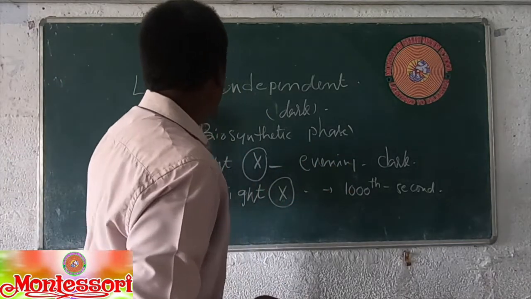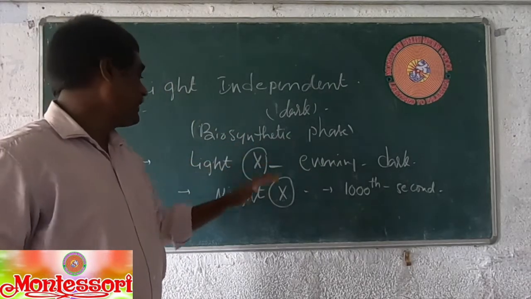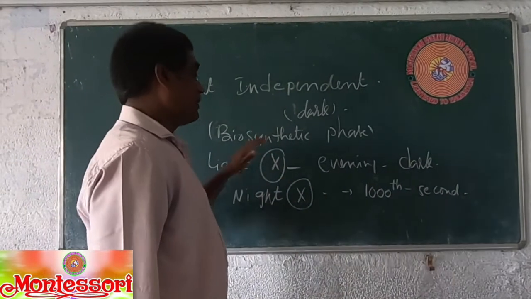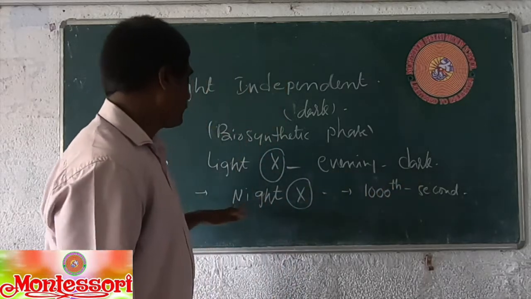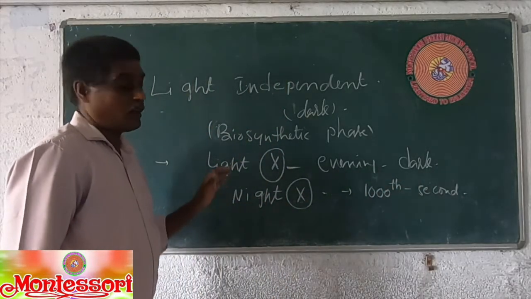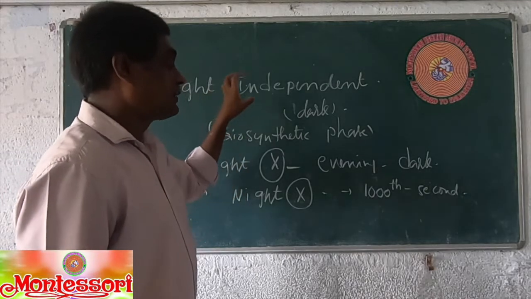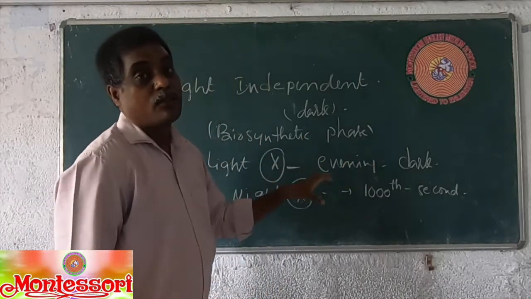Okay, so here we are going to talk about the light independent reactions. It is also called the biosynthetic phase. In this phase, there is no essential need for light, so these events happen in the evening or in the dark also. Some people think light independent means night time, but it is not night time, it is in the absence of light only. Immediately after the light reactions, the light independent reactions follow.